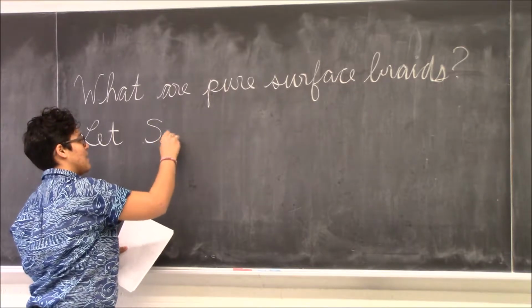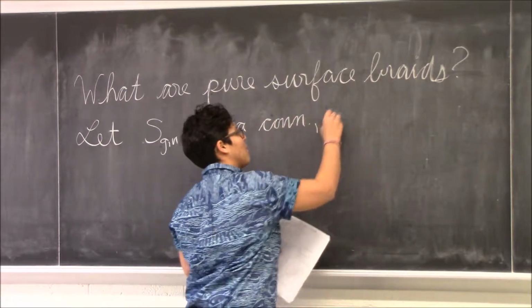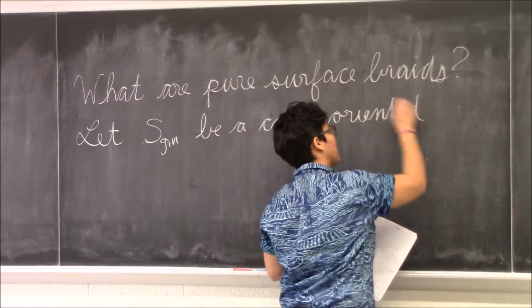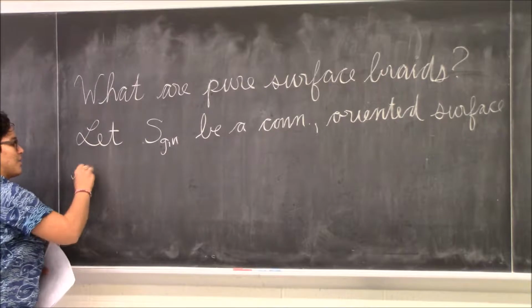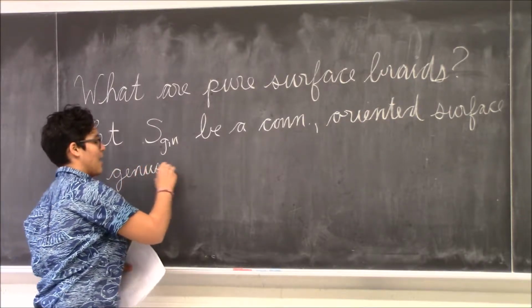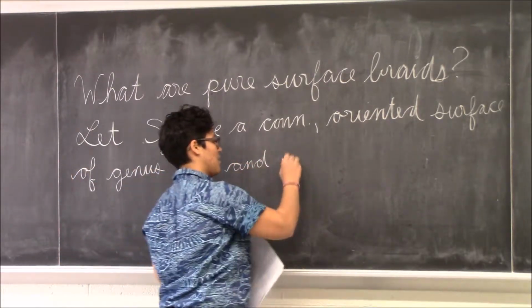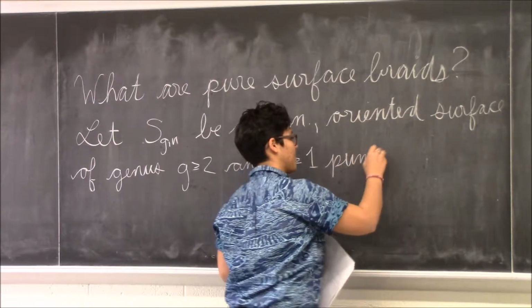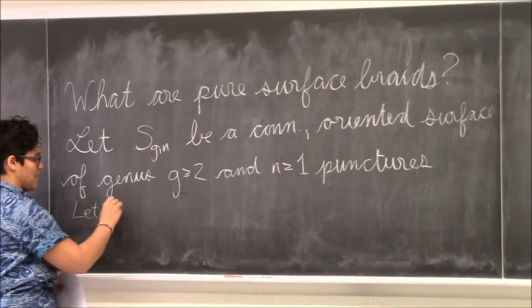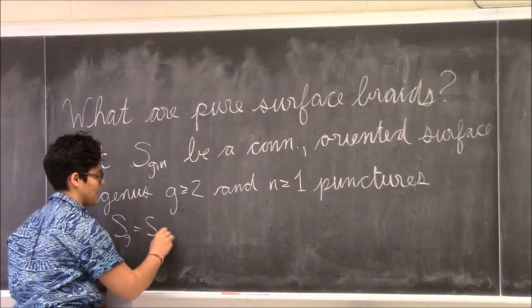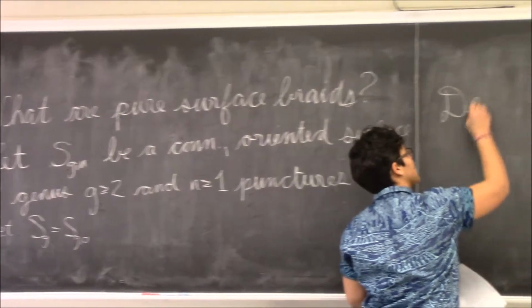Throughout the talk, I'll let S sub G,n be a connected, oriented surface of genus g. And we're going to be looking at surfaces with genus at least 2 and n greater than or equal to 1 punctures. And then just for convenience sake, I'll let S sub g denote the surface of genus g with 0 punctures. And so this brings us to our first definition, which is the definition of the pure